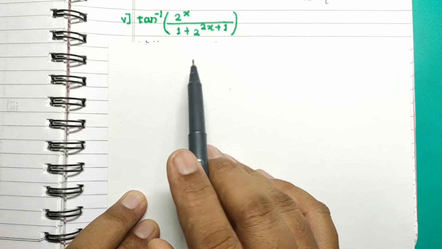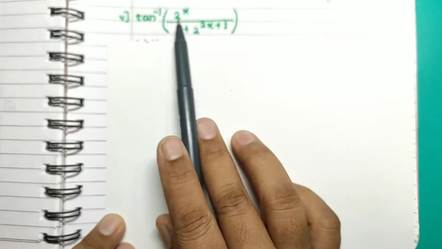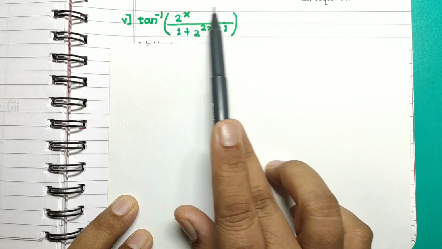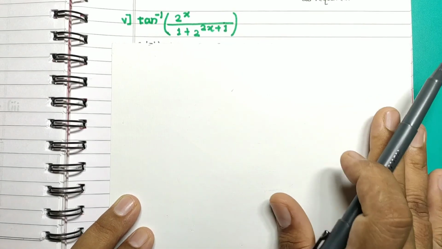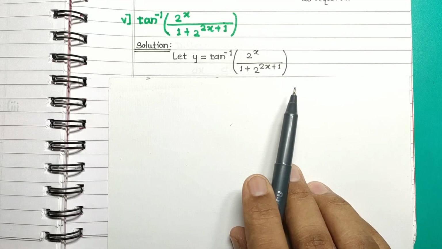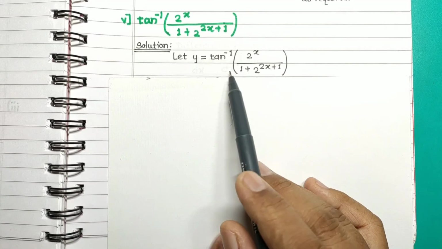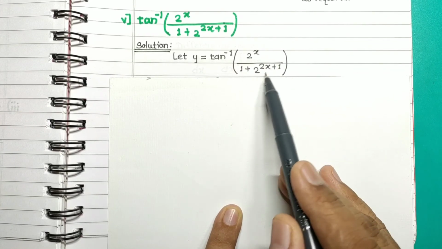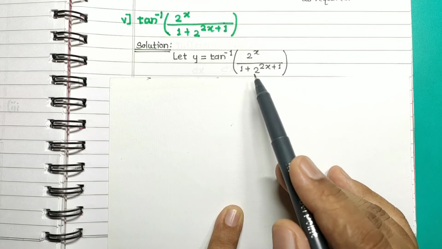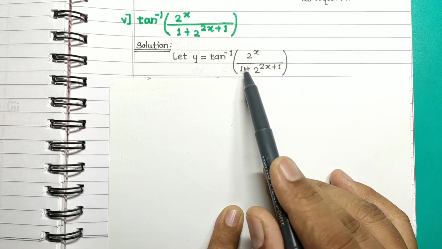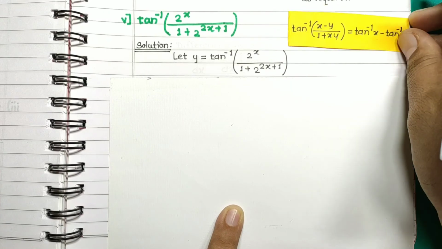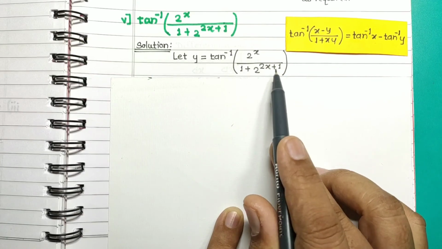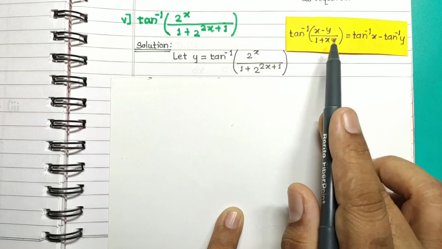Okay. Then next, the fifth sub-question, we are given the function tan inverse of 2 raised to x upon 1 plus 2 raised to 2x plus 1. So in the solution you consider this function as y for convenience. So let y be equal to the given function. Now see here we have the tan inverse function and we find that it contains a term which has denominator as 1 plus something. So you think here whether it is possible to arrange these terms like this formula or not. So you do some rough calculations or you observe things here so that we can arrange these terms like this